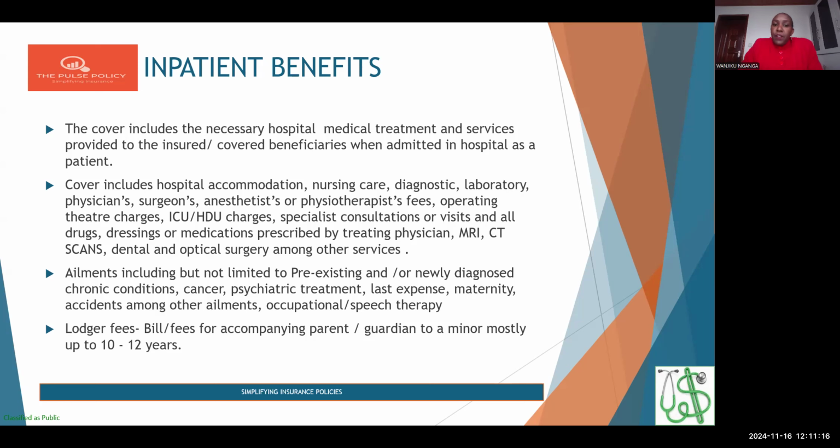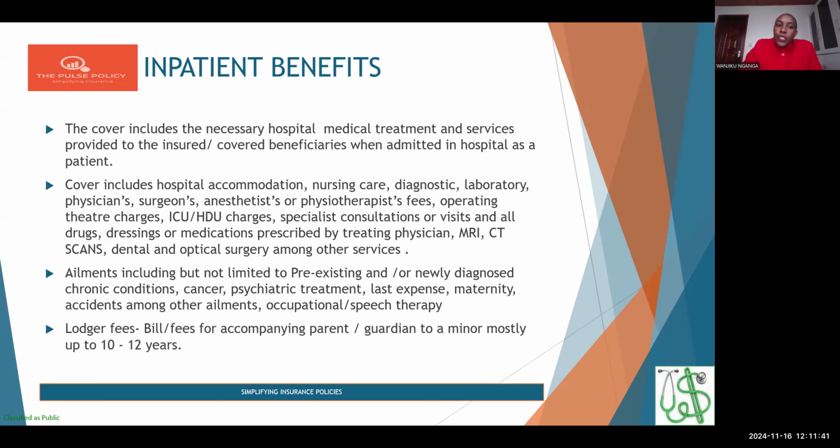Now, for the inpatient benefits, definitely they're going to cover the medical treatment and services that are going to be provided to the insured, that is the person who has taken up the policy, or the beneficiaries within that policy, when they are admitted in the hospital as a patient. So you're in the hospital, you're admitted as a patient, not as a person who is taking care of another person. You're admitted as a patient, so that's the only time that you can receive the inpatient